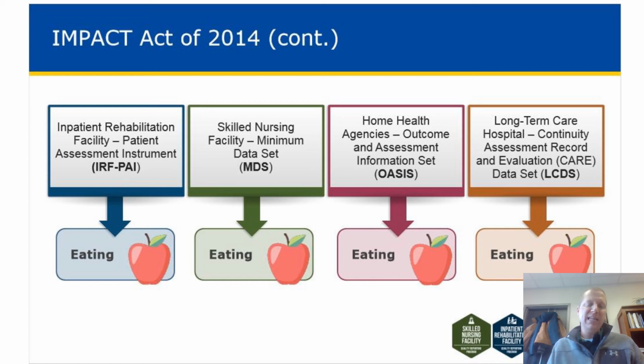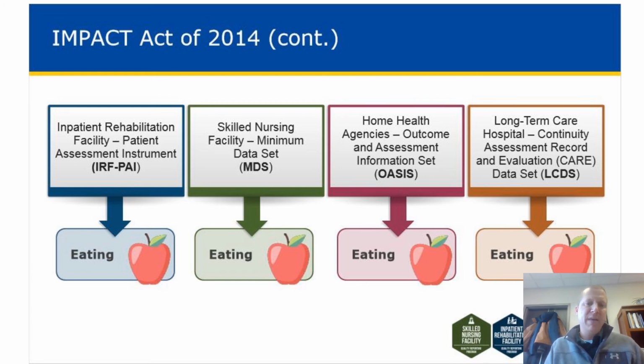The PT may be recording some of the information that gets submitted with this patient assessment instrument. The OT may be contributing as well. So it's a way that all disciplines are calculating a level of function for their patient or resident, at the time of admission, and possibly again at the time of discharge,